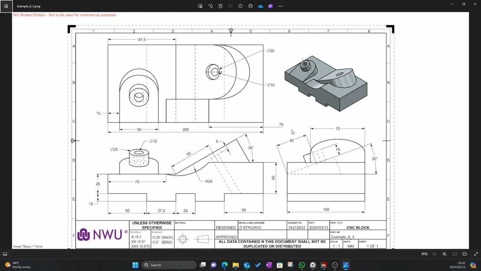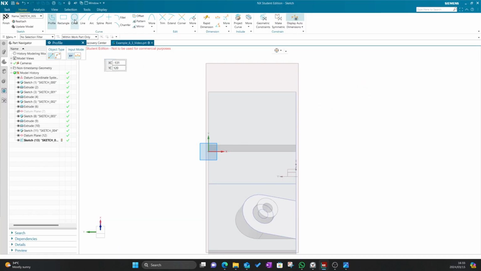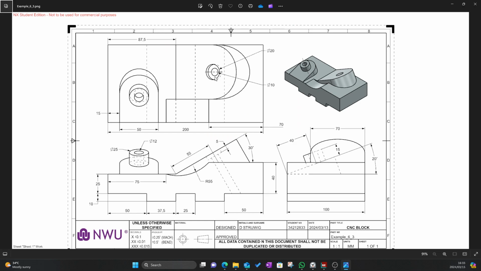So first of all, I'm going to create that circle. So the outer one is 20 and the inner one is 10. So let's create them quickly. So it's 20 and 10, with the same center point. Okay, and then we have that